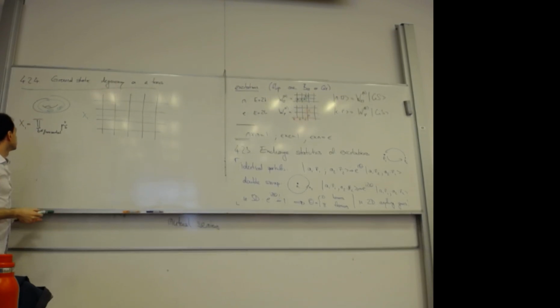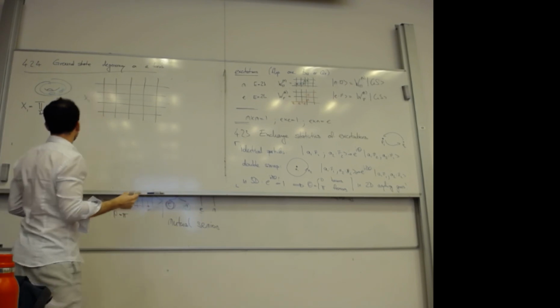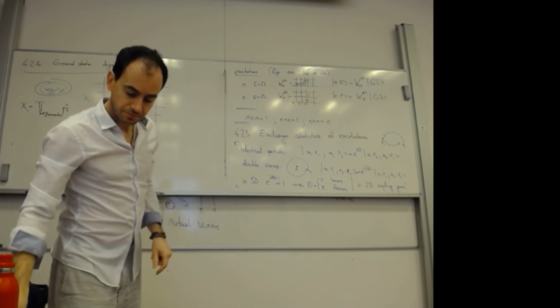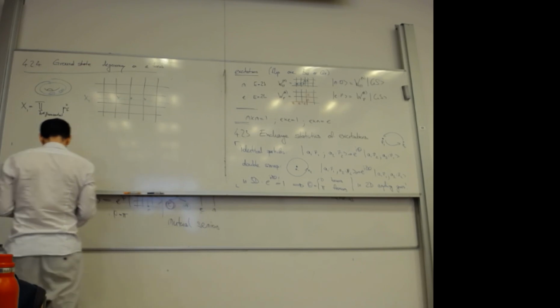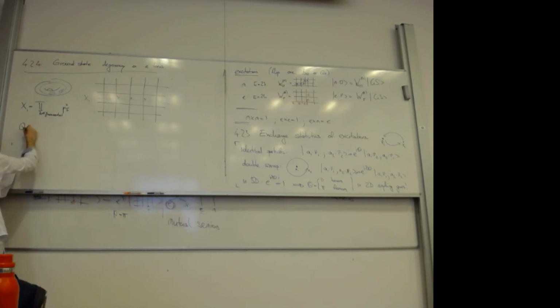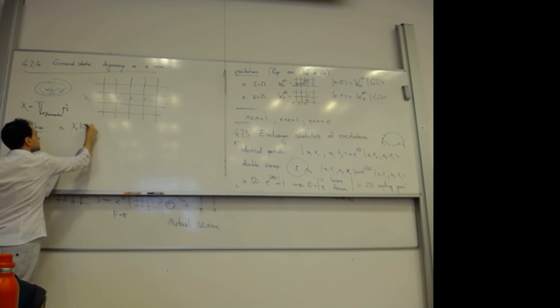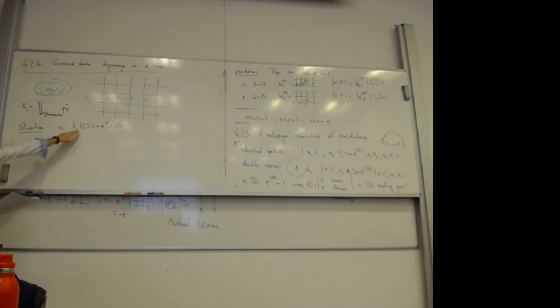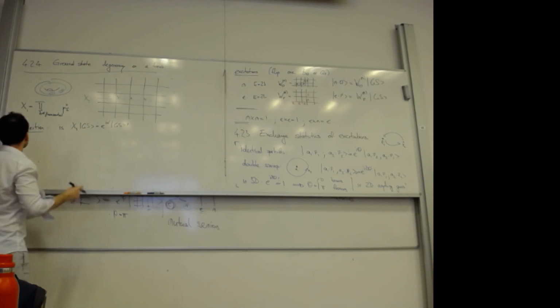Okay, and the question is: is x1 of the ground state some phase times the ground state? The same ground state? With this ground state, I mean, let's say we start with some ground state. And to answer this, we build a second holonomy. So this was the magnetic holonomy,